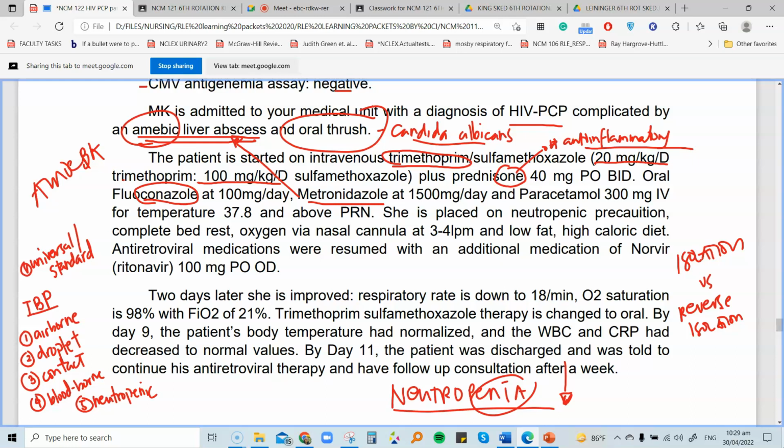That's why when you go to clients who are in neutropenic precaution, okay, sino ba yung mga patients na mga immunocompromised? HIV patient. Patients who have cancer. Diba? If you go to oncology units, most of these patients, prior to pandemic, because everyone now wears masks, because everyone is considered immunocompromised, right? But prior to pandemic, when we go to oncology units, mga cancer rooms natin, most of them are immunocompromised because they have cancer. Okay? And cancer destroys all cells, correct? And that includes also your WBCs and lymphocytes and your leukocytes.